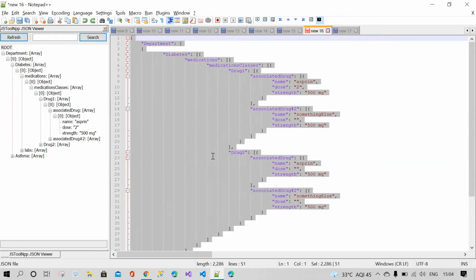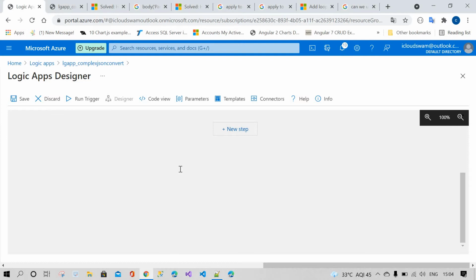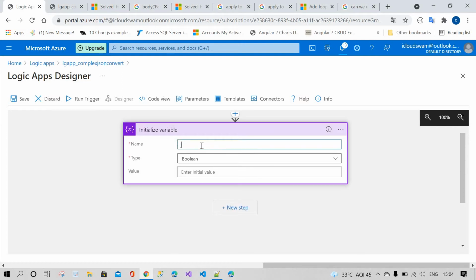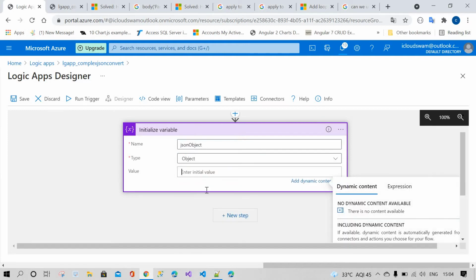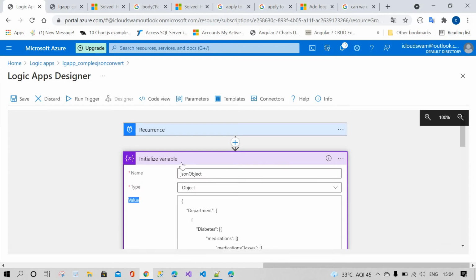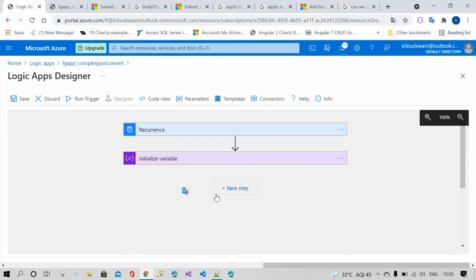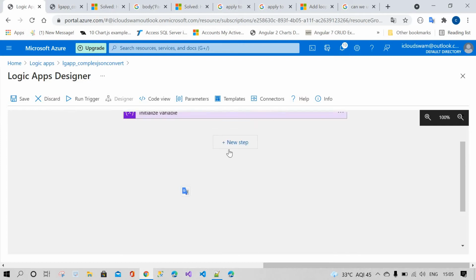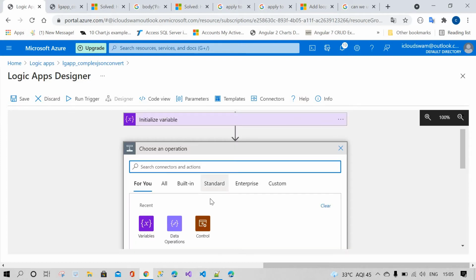This is our JSON data, the JSON object. I'm going to give it the name JSON object, with type object, and you copy and paste my JSON object here in the value section. Now you have initialized the data.